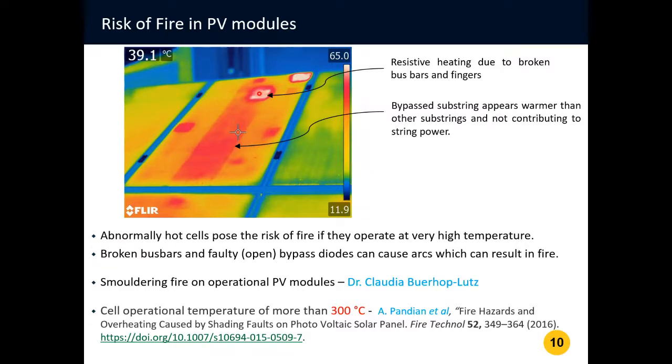So this substring is not contributing to string power, and the resistive heating in this cell is heating